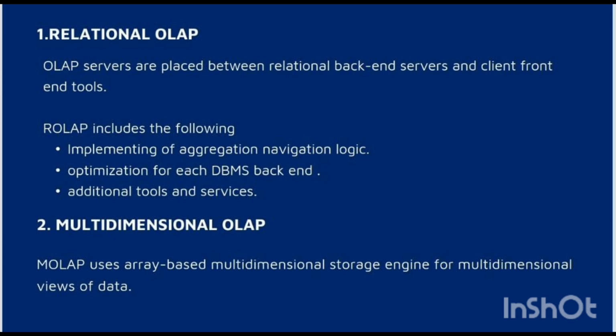It acts as a relation between them, and this relational OLAP has three main processes. First one is implementing aggregation navigation logic and optimization for each DBMS backend. It will optimize each database backend, and it has some additional tools and services